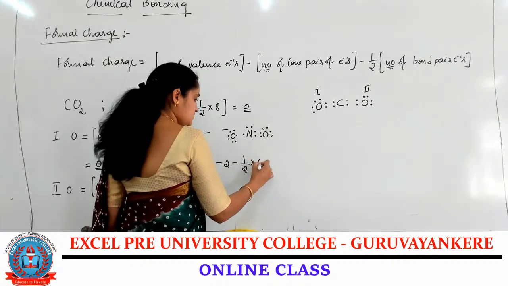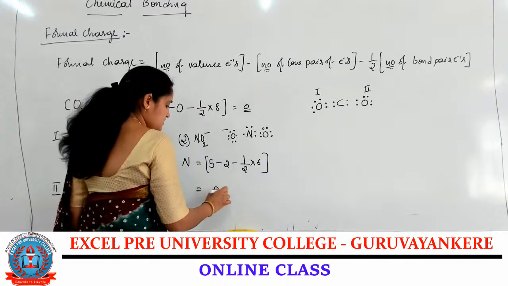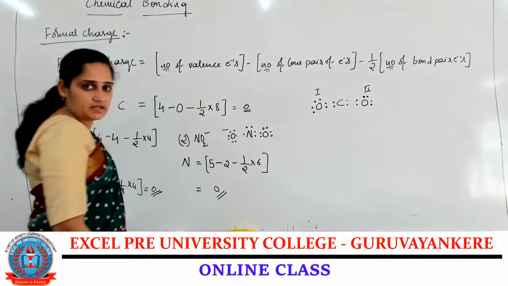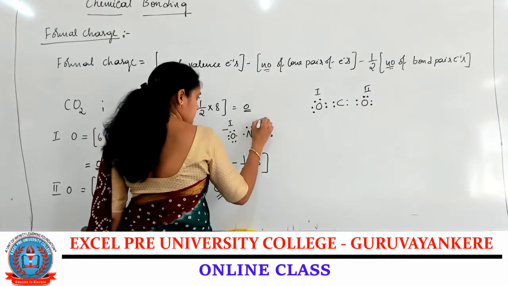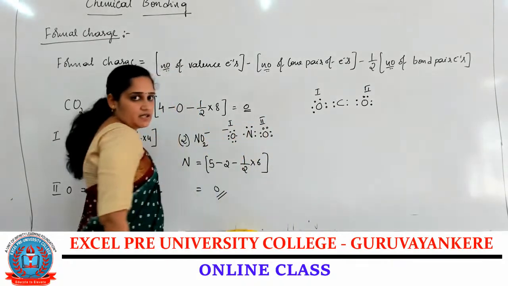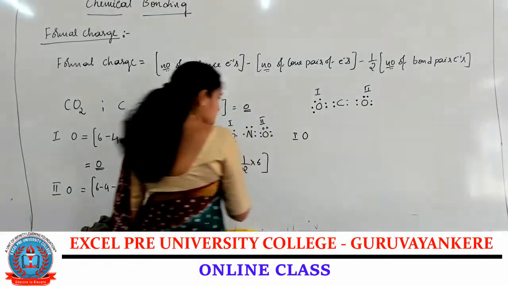So 3 pairs, 6 electrons. So there is no charge on the nitrogen atom, isn't it? Next, consider this one is the first oxygen atom, this one is the second oxygen atom. If you are calculating the formal charge on the first oxygen atom,